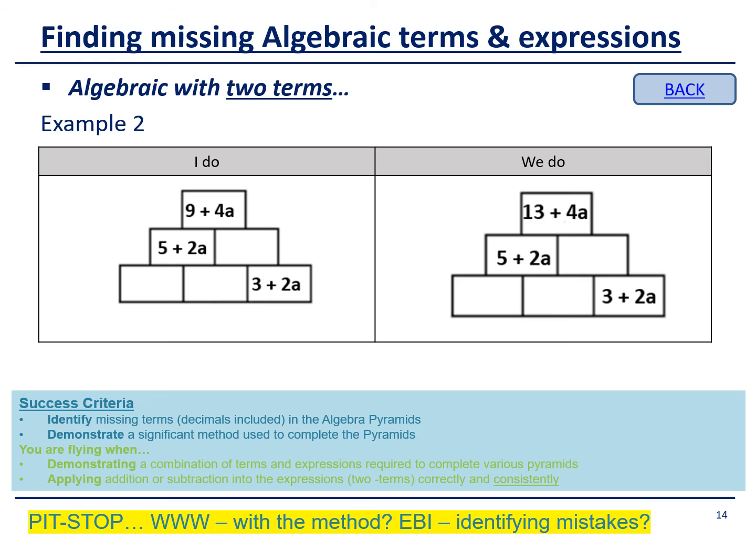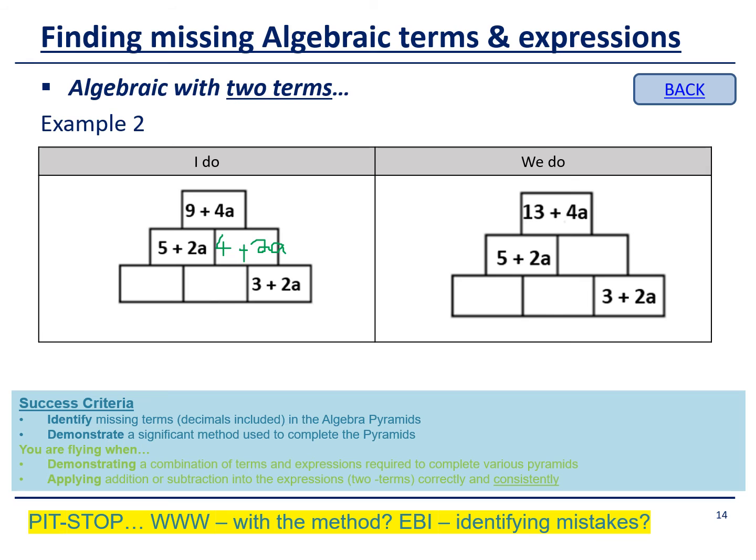Okay, let's look at another I do here. So I'm going to work down again. So 9 take 5 is giving me 4, and 4a take 2a is plus 2a. Now I can work out the middle bottom. So working downwards here from that starting point,